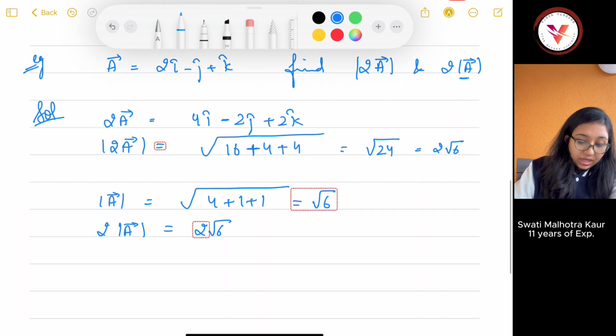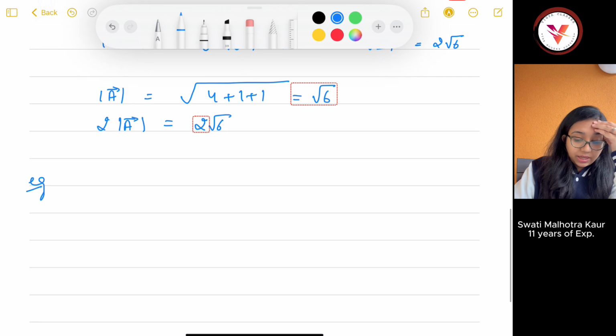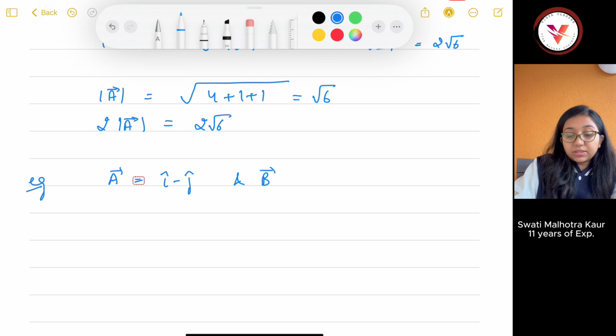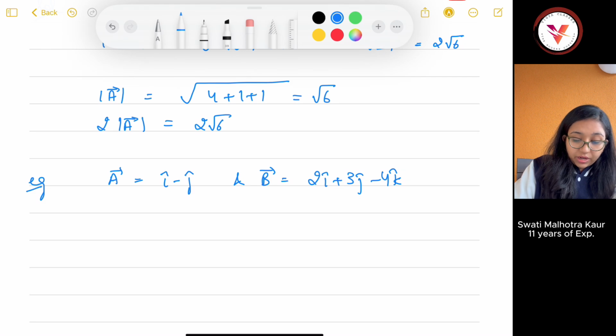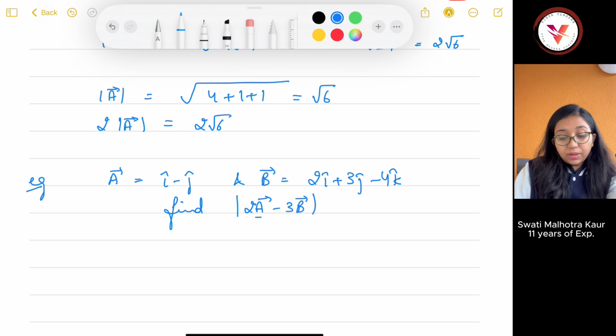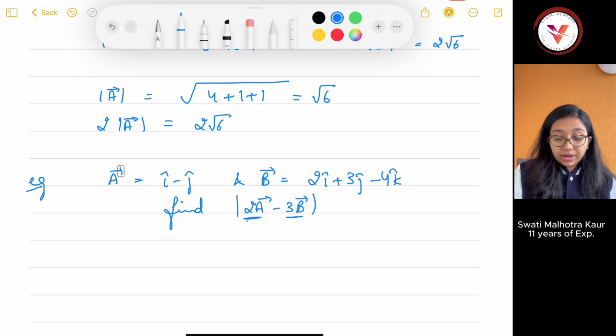It's not a difference. Again, if you have to calculate something like, a vector is i cap minus j cap and b vector is 2i cap plus 3j cap minus 4k cap, and you have to find the magnitude of a minus b, and let's say 2a vector minus 3b vector, then you have to multiply a by 2, b by 3. In that case 2 and 3 are different, so you can't take that out. You have to get this value, then this value, then subtract and then get its magnitude. But if it is something like